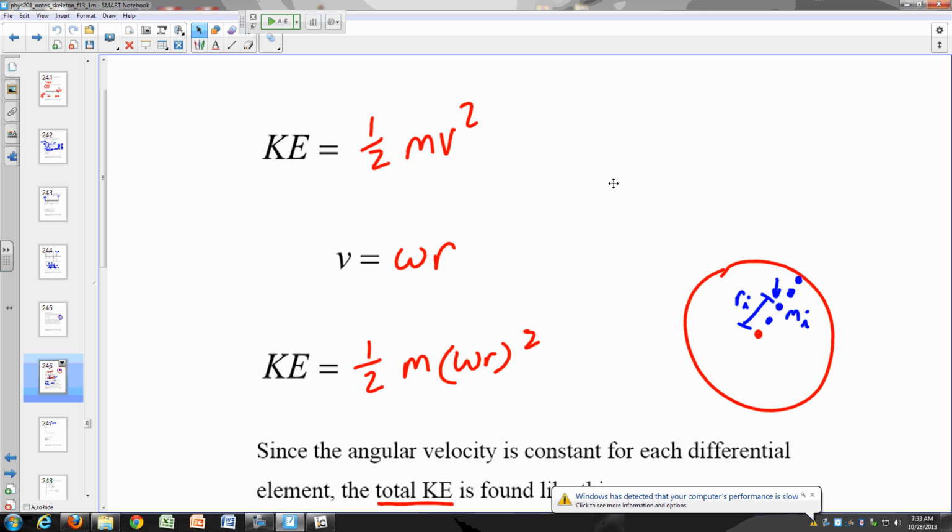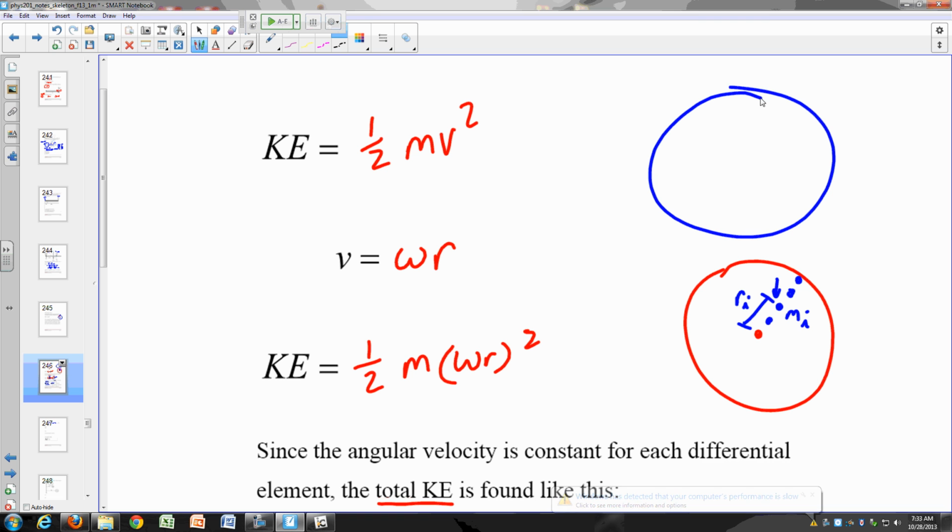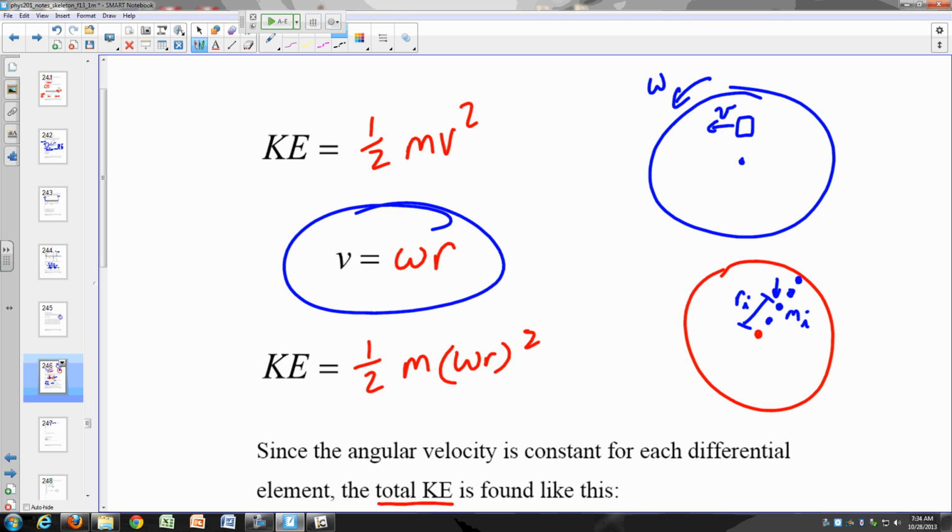So last time, if we have this rotating disk, rotating with an angular velocity omega, and let's say that I take a little piece of it and ask what is the energy of that piece. That piece has a certain velocity, but that velocity is related to the angular velocity by omega r, and so I can characterize its kinetic energy, 1/2 mv squared, in terms of omega, and that's going to be 1/2 m (omega r) squared,